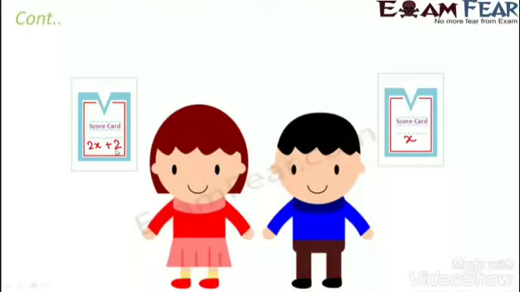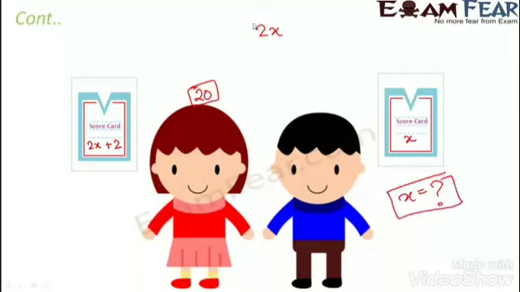Right? And now let's say that we already know how much the girl scored. Let's say the girl had actually scored 20. So this girl had scored 20 marks. We know this as a matter of fact. Maybe the teacher had told us that the girl had scored 20 marks. But we really didn't know how much the boy scored. So how do we find how much the boy scored? By finding the value of X. Because X is nothing but the score of the boy.